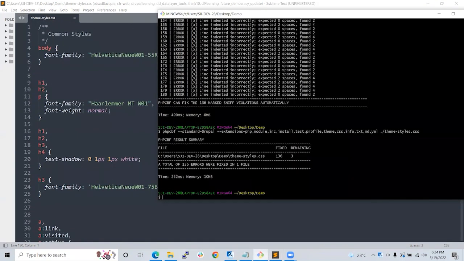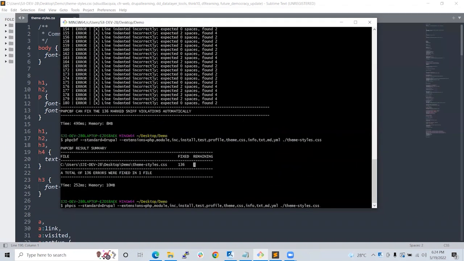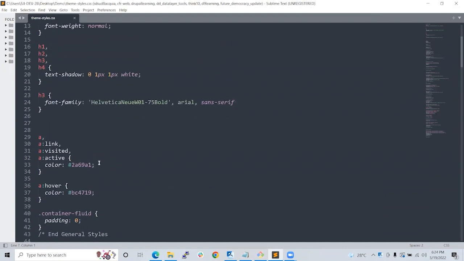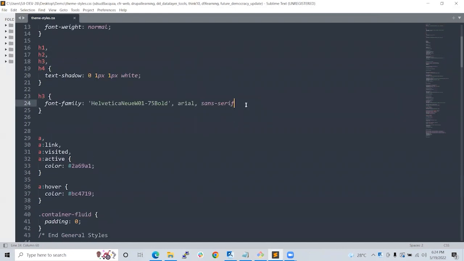Now if we run the code sniffer command again, you can see three are remaining. This may be crossing the line limit. Yeah, line number 24, I think. It is showing the semicolon which is missed over here.